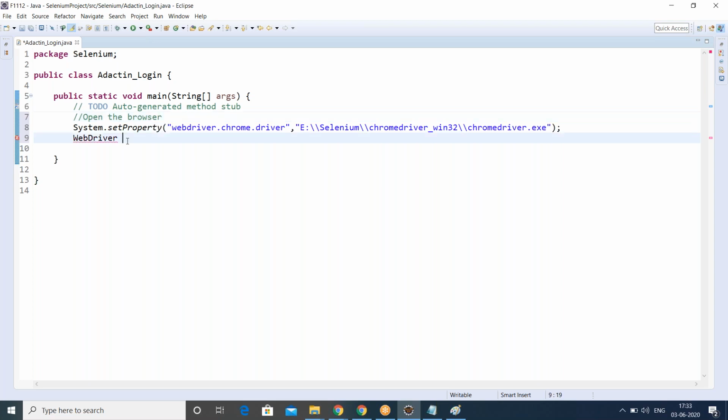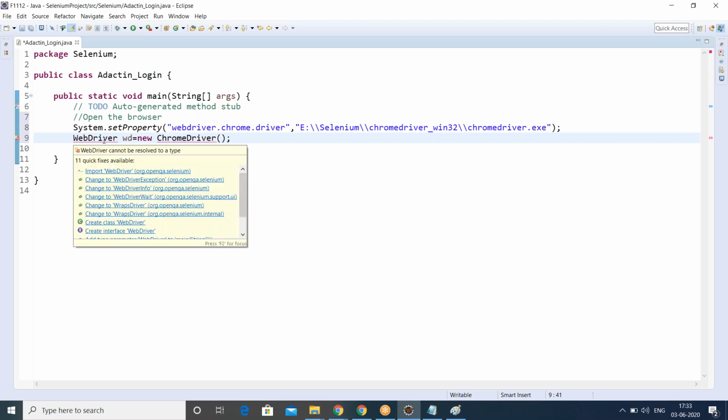WebDriver is a predefined class which requires an object, so WD, and new Chrome driver. We are trying to access WebDriver with Chrome.